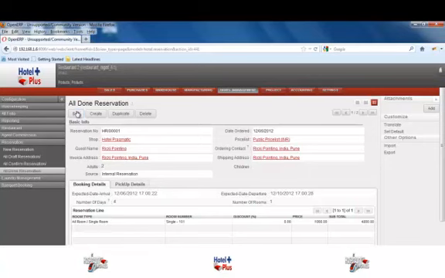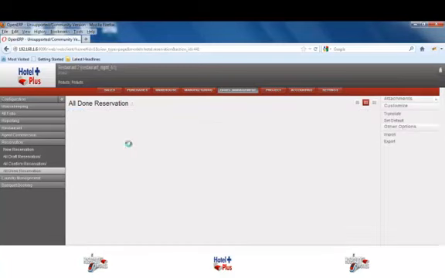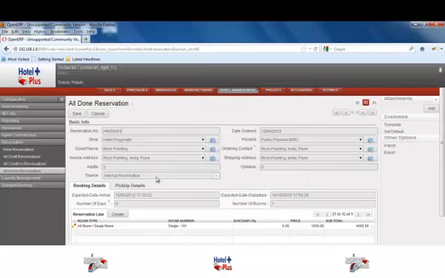Then again, what is the source? There are three types of sources for this particular reservation. One is internal, another is through web, and the third is from GDS. So in the booking detail tab, you can define the expected date of arrival and the expected date of departure. Based on the expected date of arrival and departure, along with the checkout policy we have configured, the system will compute the number of days